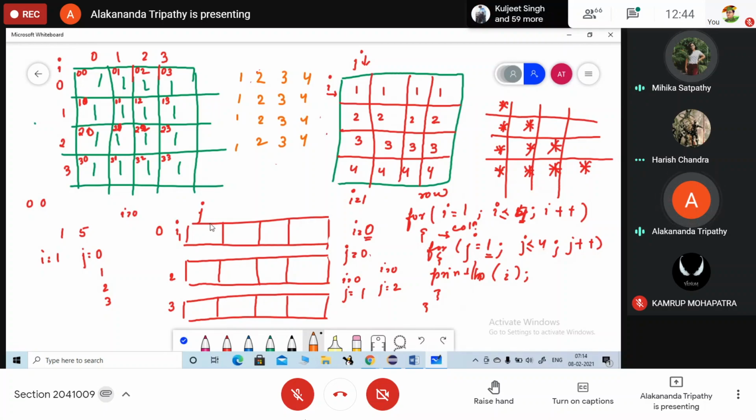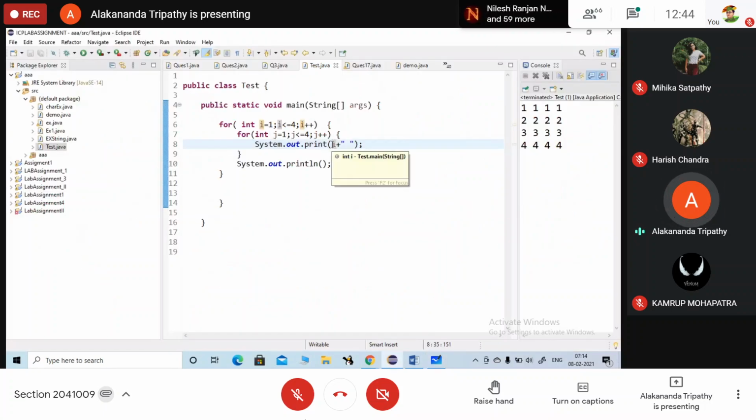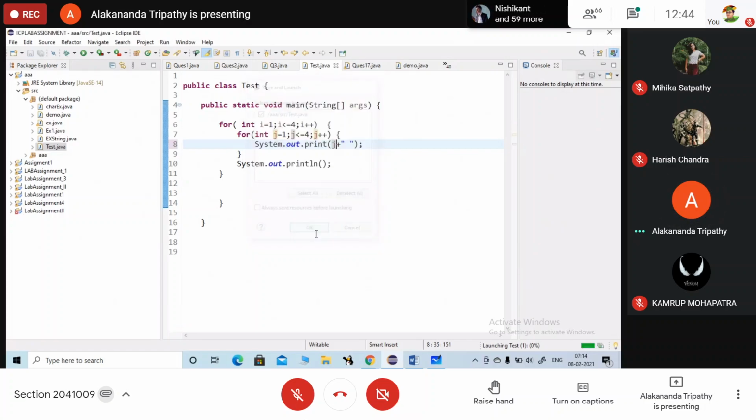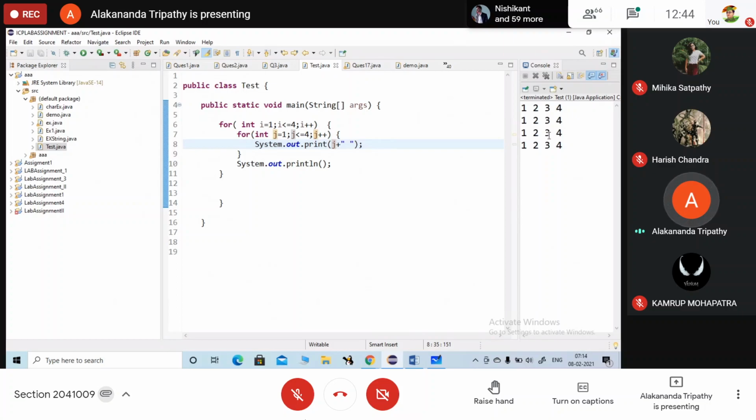Instead of I, what will we write here? We need to write J instead of I. Now run the code: 1 1 1 1, 2 2 2 2, 3 3 3 3, 4 4 4 4.